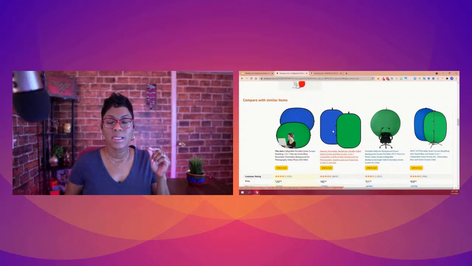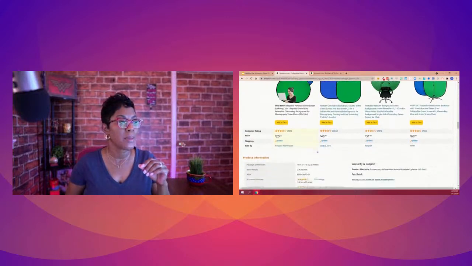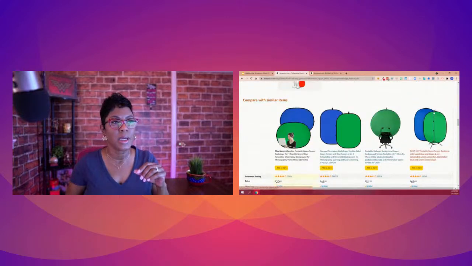The other thing you want to consider with these is that some of them come with a stand and some of them do not. So if it doesn't say it comes with a stand, all you're going to get is this foldable thing right here. You're not getting anything to stand it on. What I mean by that is right here, see this stand? There's a stand here that will hold up the collapsible screen. You will need to purchase that separately